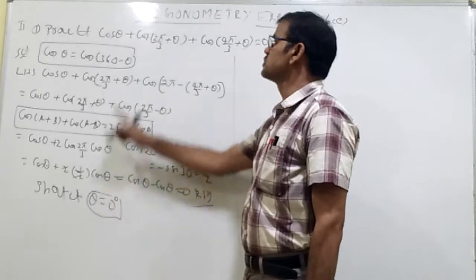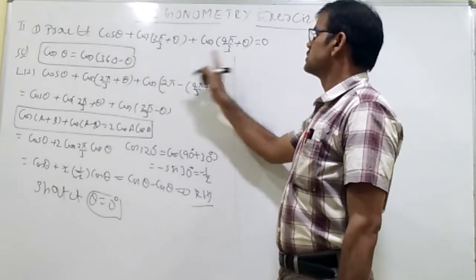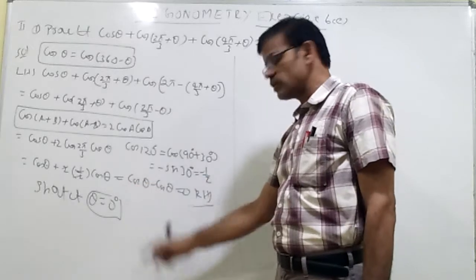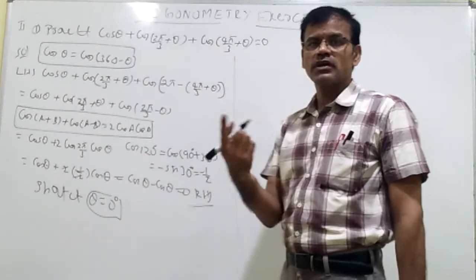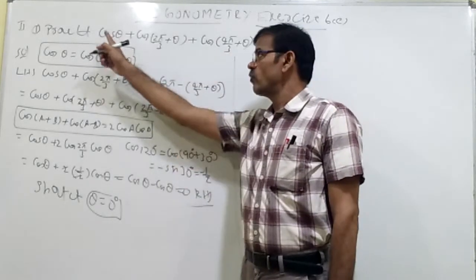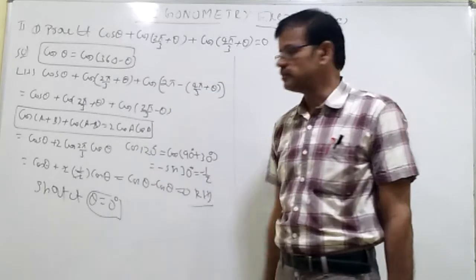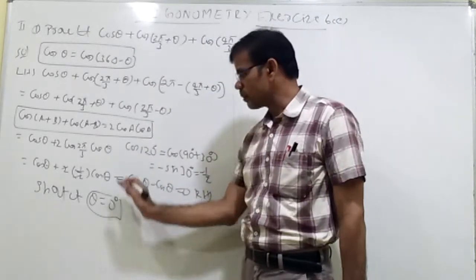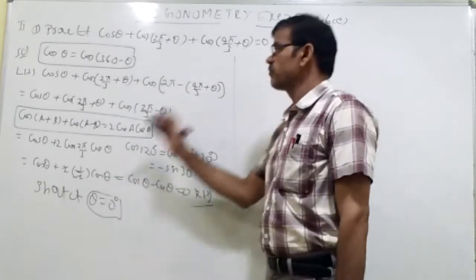If theta is equal to 0, cos 0 becomes 1. Of course it is 0. Cos 2 pi by 3 means minus 1 by 2, we have calculated. Cos 4 pi by 3 means cos 240. Cos 240 can be calculated as cos of 180 plus 60, which is minus cos 60, it is minus 1 by 2. 1 minus 1 by 2 minus 1 by 2 becomes 1 minus 1, 0. So directly we can say the answer by putting the shortcut. Of course in IB you should not put the shortcut.